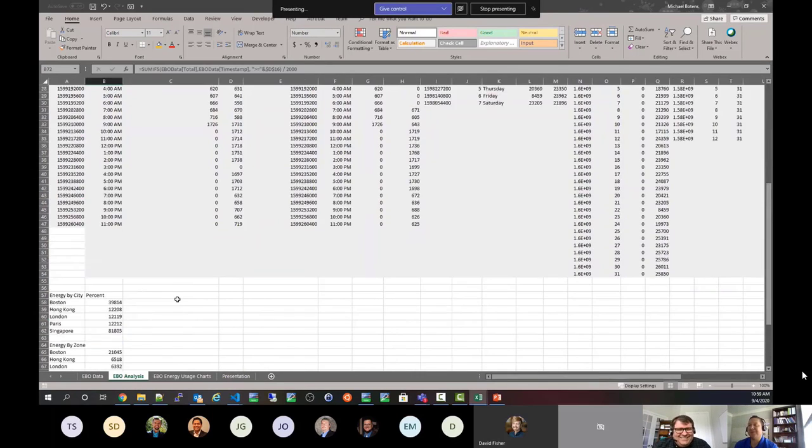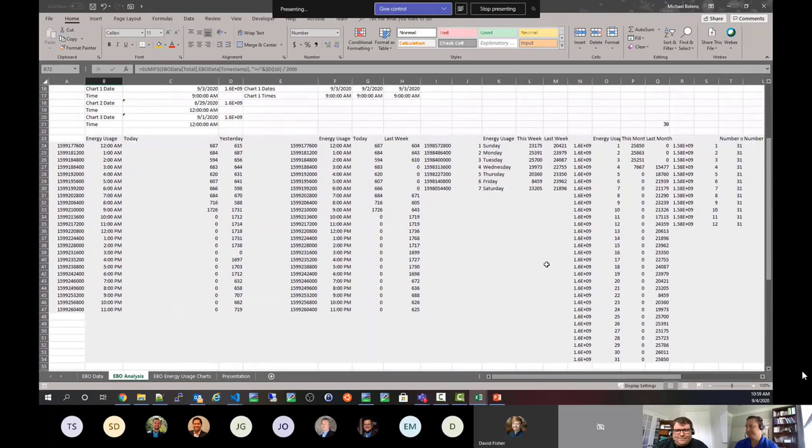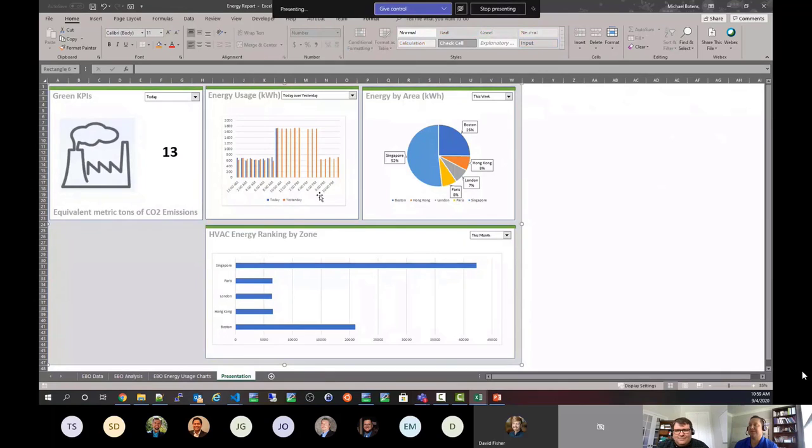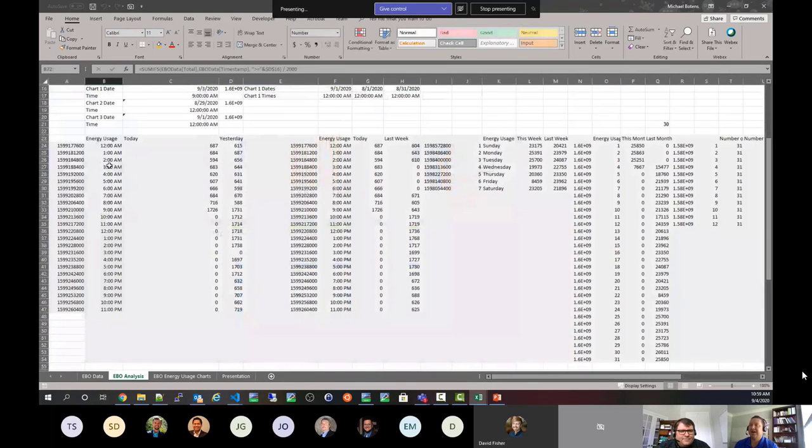Now, the other one that's here, this big gray block, this is the beast I've been working on. This is populating data for this guy right here. And so you can see today over yesterday versus today over same time last week, this week over last week. This one's tricky. It's not like the others in the fact that I need to have different x-axes for each one. And so here you can see my x-axis here is hours in the day, but then over here it's days of the week,